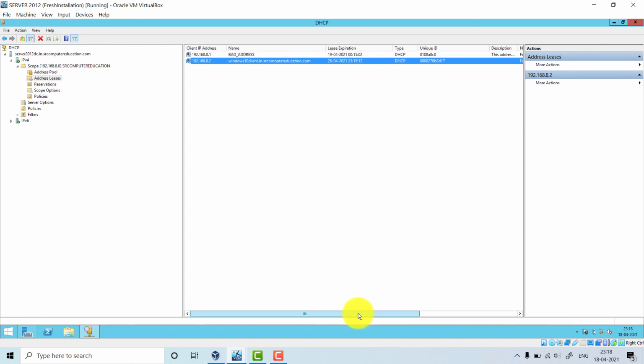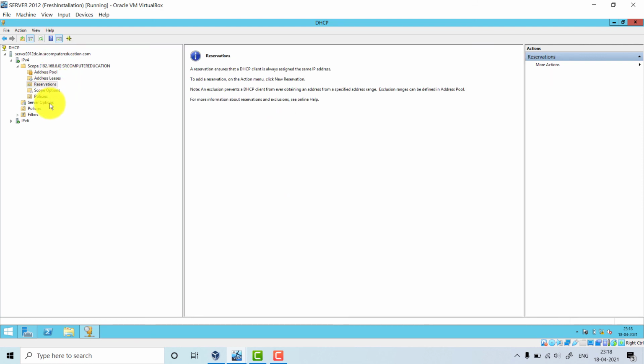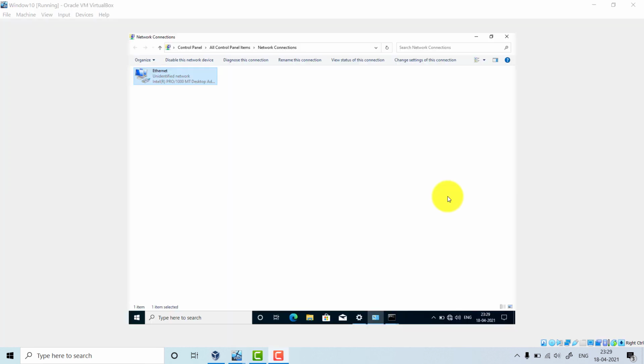So this is how we assign IP address automatically to our client machine using Windows Server 2012 R2 and by configuring our DHCP server. Now let us go to our client machine and verify that we have given the IP address using DHCP.